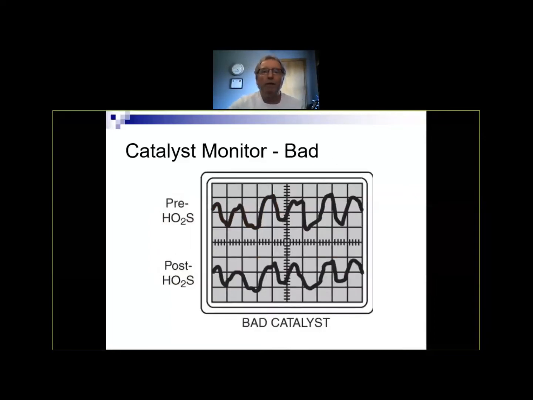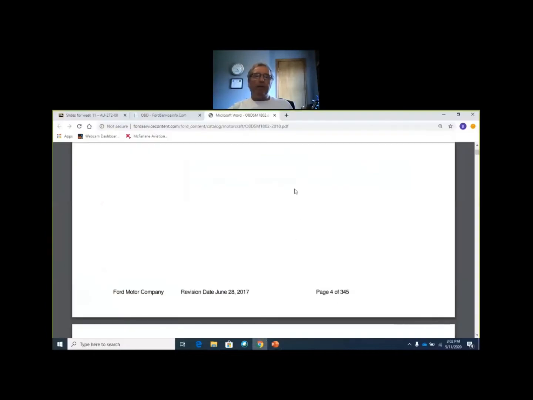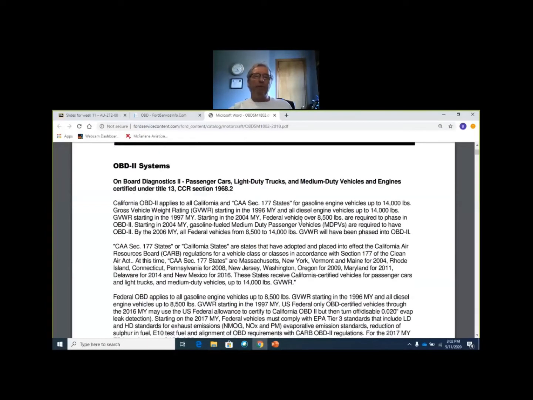On the other hand, if you saw this, which essentially indicates that nothing's going on in the catalyst, you would determine that the catalytic converter was bad. This is really what the catalyst monitor, the software, is doing, what we just did there: looking at the front versus the rear and making sure they're not too similar. So back to that summary from Ford,